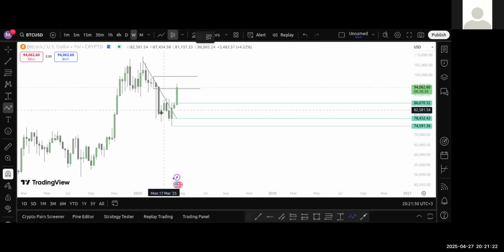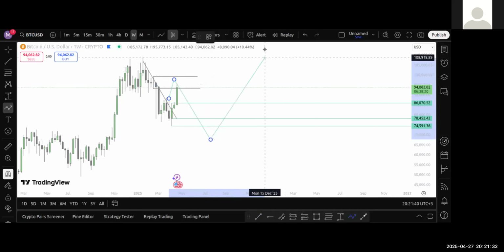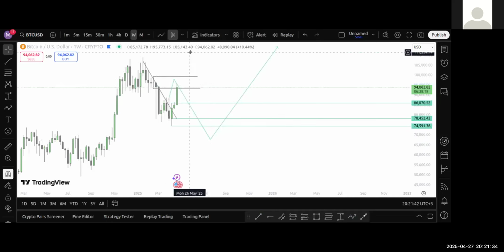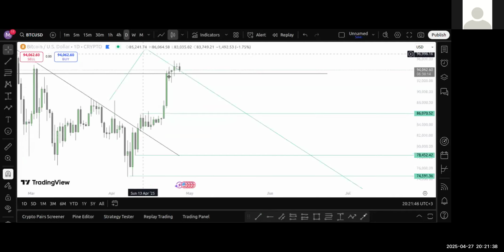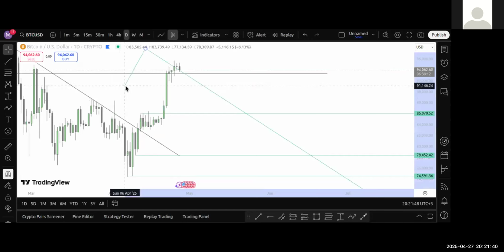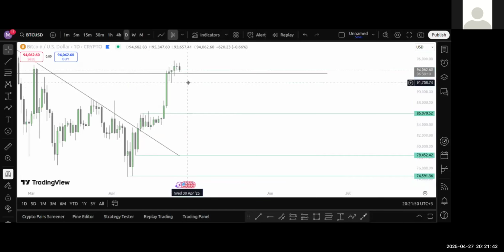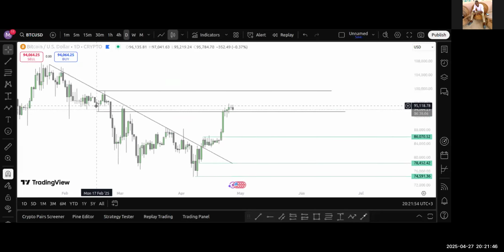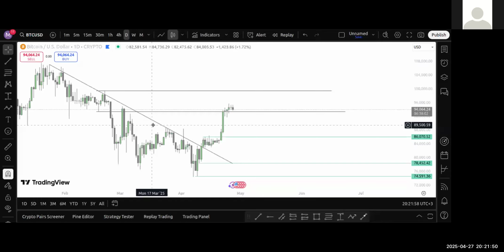Actually, I've been waiting ever since we were down here. I've been waiting for price to come here. I want price to come here. If not here, maybe we expect to get to this zone. Then we shoot up to maybe 170, 190, but we have to wait and see. We are never certain. We are just working with possibilities, probabilities, and all that. So this is our zone. So refining it from the weekly,